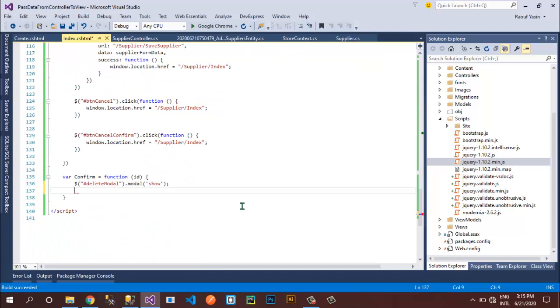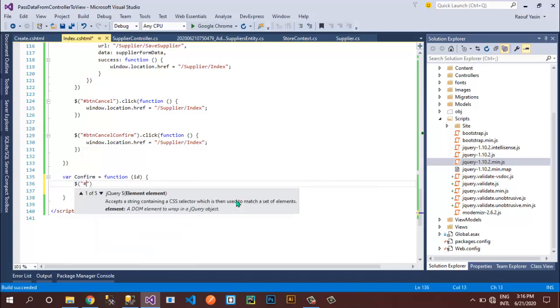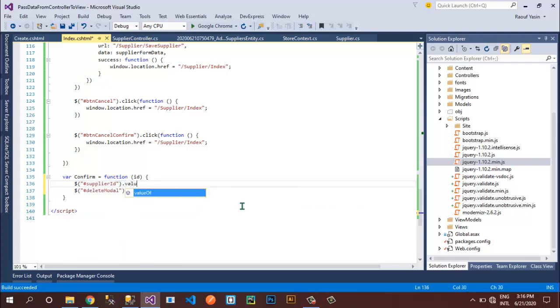So I will create another reference. Before showing the modal, I will first store jQuery, and then I'll pass a reference to my supplier ID, and then I can use val equals to this ID. So I am storing this ID as the value of this text box.